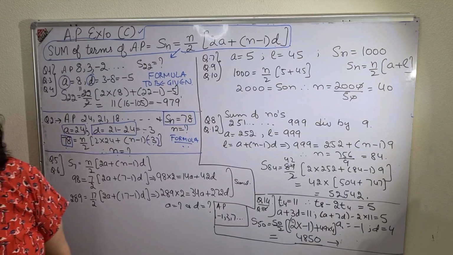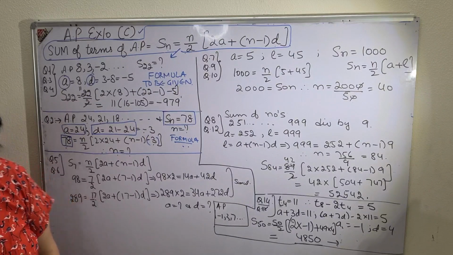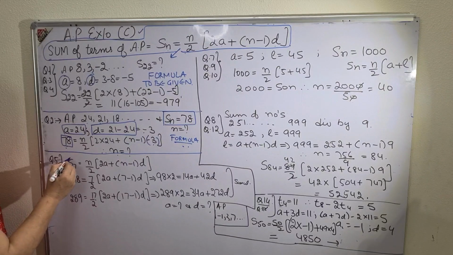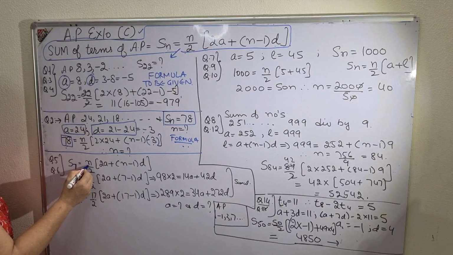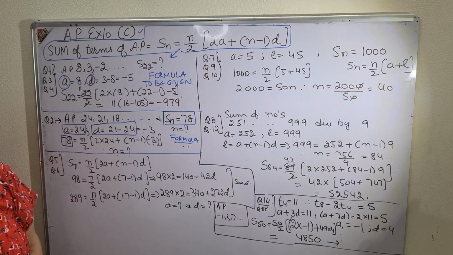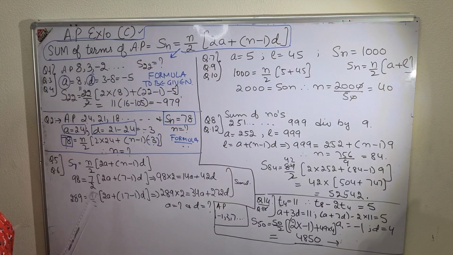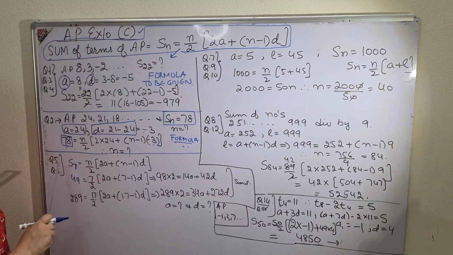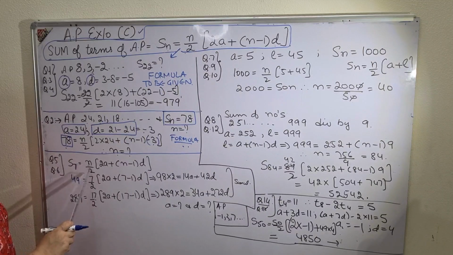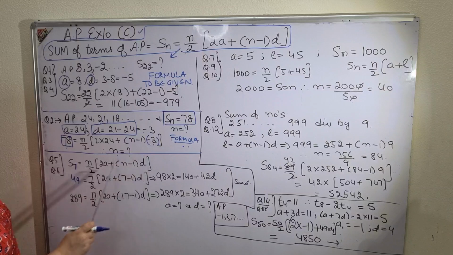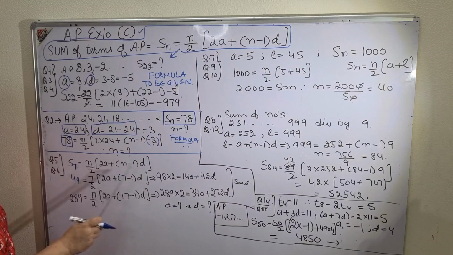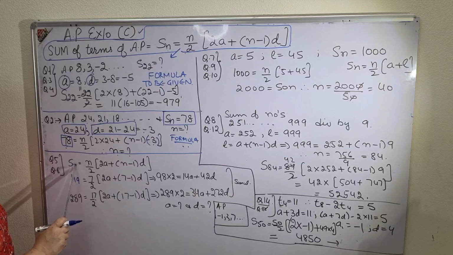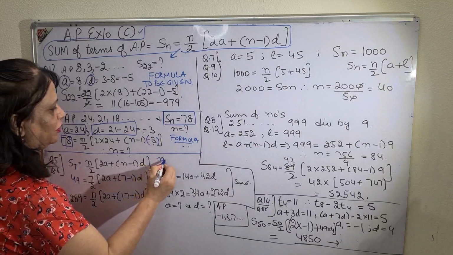Sixth sum is the sum of first 7 terms of an AP. So they have given you the sum of first 7 terms of an AP to be 49. So see, I have been given the sum of first 7 terms of an AP, 49. So S7 is equal to 49, n upon 2, that is 2a plus n minus 1 into d, and in this sum I don't know a as well as d, but only 7, meaning n is equal to 7, has been given to me.